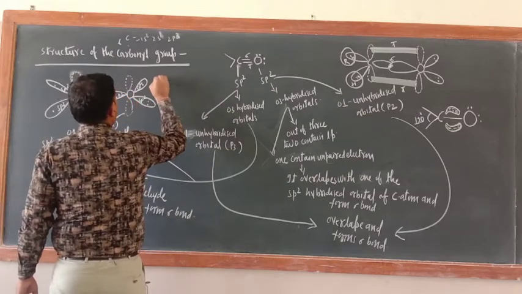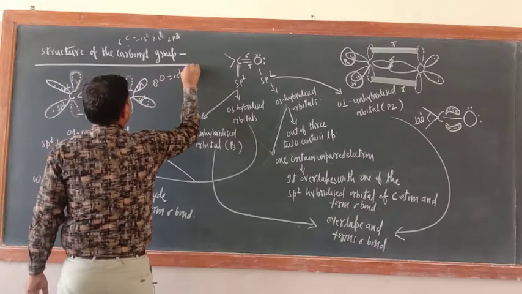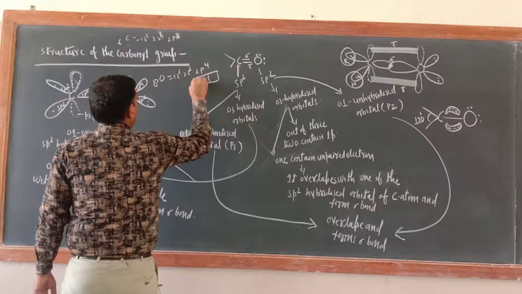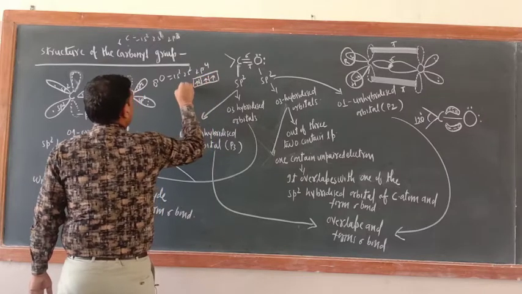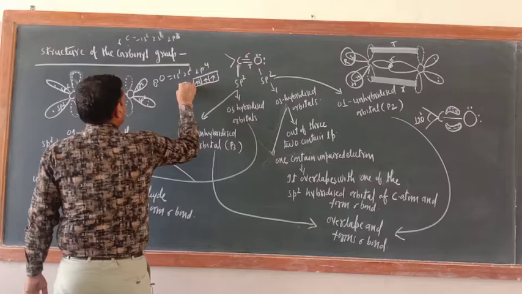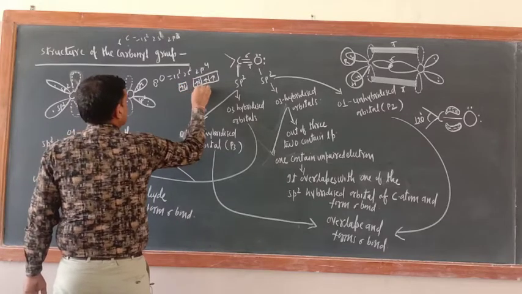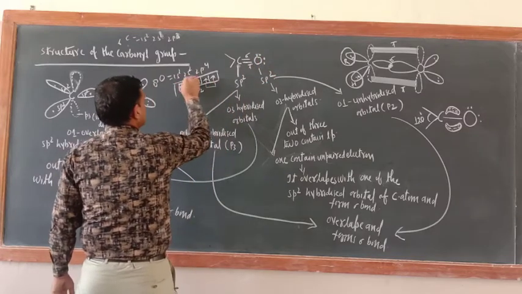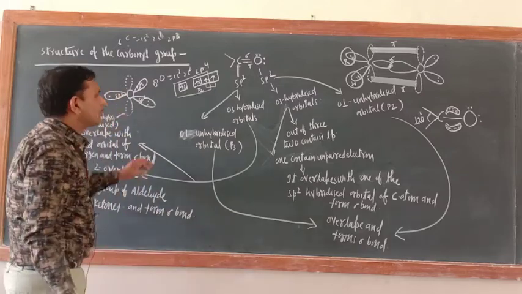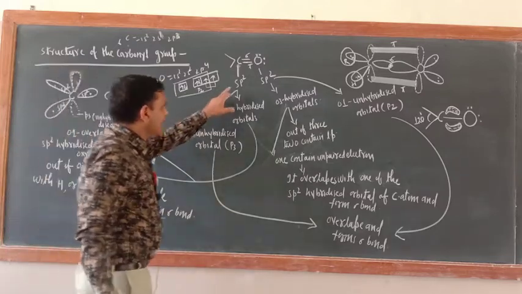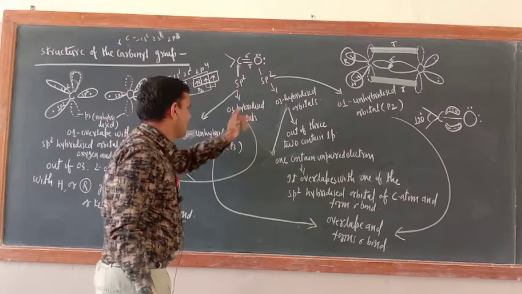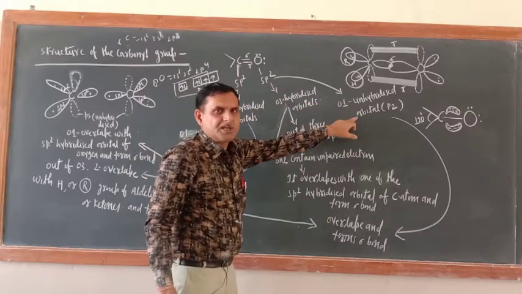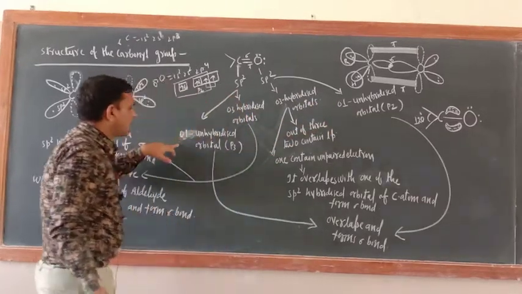What about oxygen? Oxygen is 8, so 1s2, 2s2, 2p4. 2p4 means 1, 2, 3, 4. The 2s2 electrons and the px2 electrons are present as lone pairs. Now for both of these, the name of the hybridization is sp2. Just try to understand: 3 hybridized orbitals are formed here, 3 also here, and 1 is unhybridized here and here also. pz is unhybridized in both.